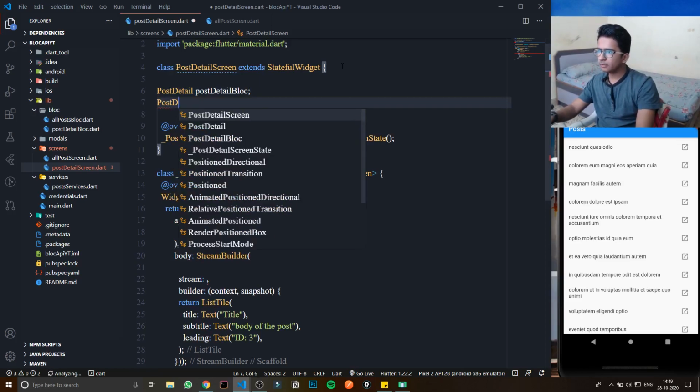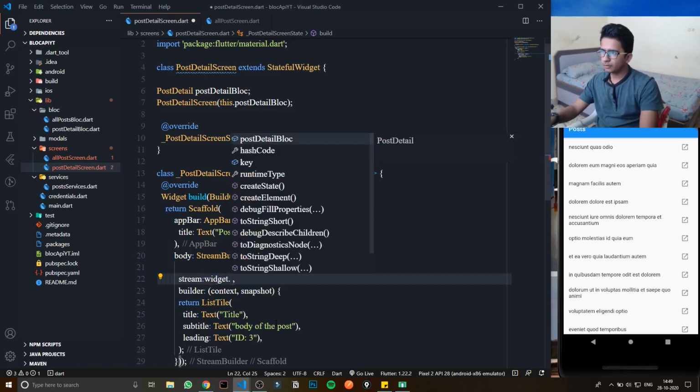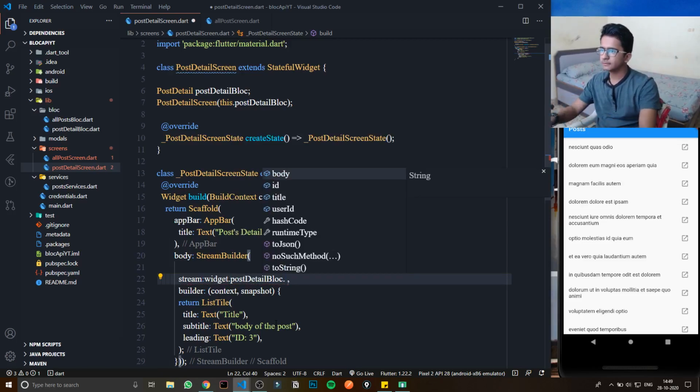This is a variable which we are going to get in the constructor. Okay, this dot. And here we can just implement this, widget dot bloc dot.